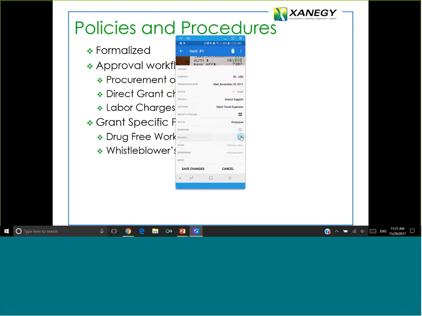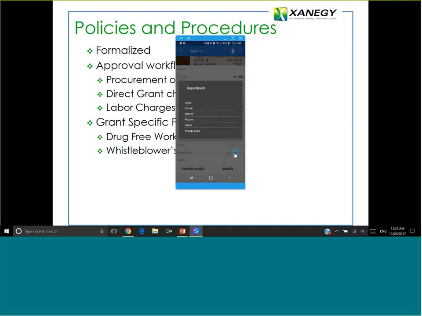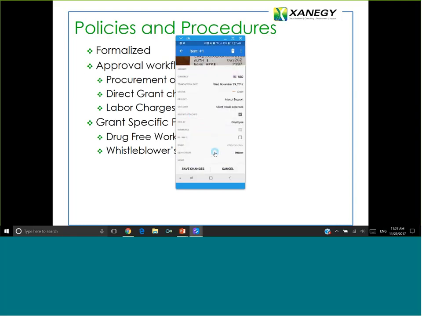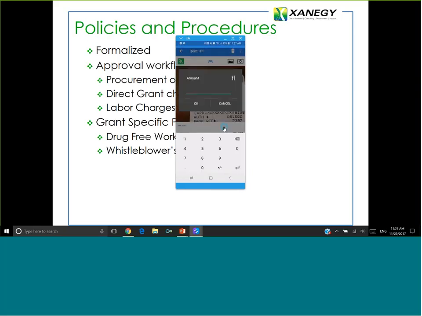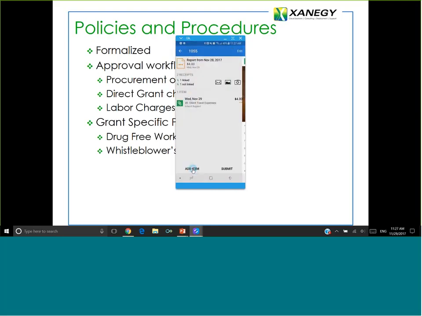Is this billable, reimbursable? So this is, I'm going to have that reimbursed to me. I could fill out what department that belongs to. So I'll choose that, and now I'm forgetting something. The amount, $4. So I can save these changes. When I'm done with my expense report, I can submit it, and then